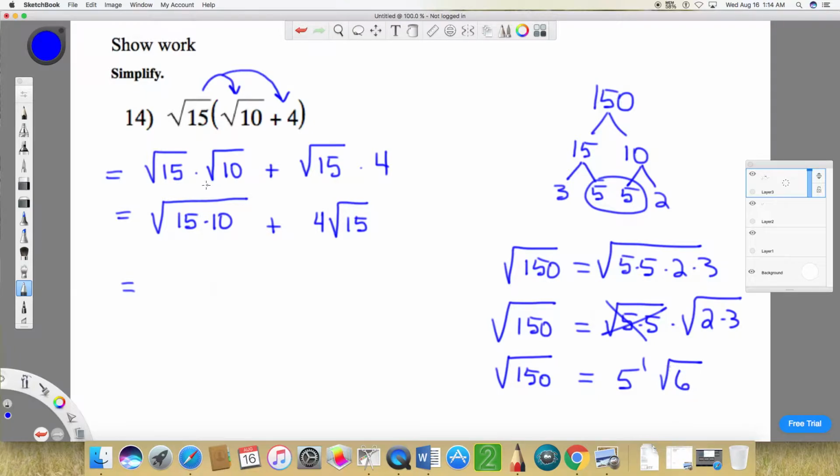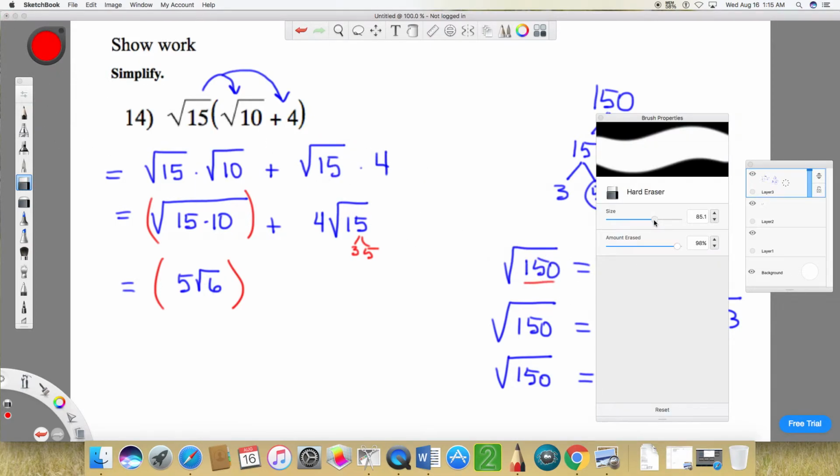So let's come back over here to this first term. What does this tell us? Well, it tells us that we can replace the square root of 15 times 10, which we know to be the square root of 150, that it's equivalent to 5 times the square root of 6. But we can't do anything else with that. And like we say, it's easy to see that the 15 breaks down to 3 times 5, and you can't do anything with that. So our final answer